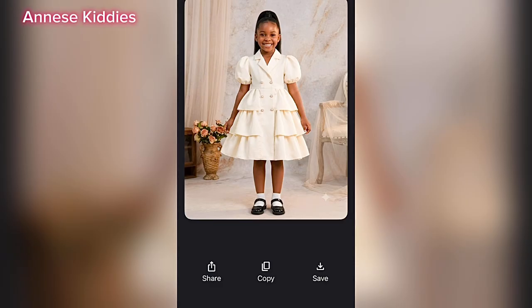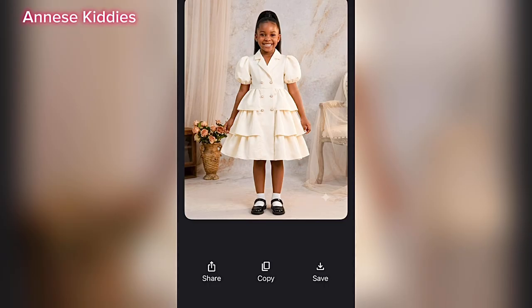So if you're okay with what Gemini gives you, or you want to change the background, you can actually prompt it, change the background, so it just puts your background. Or if you want another model or age, you can be specific. You'll notice that I didn't tell Gemini to put stockings on the child, but Gemini did that. So in case you don't want them, you can tell Gemini to remove the stockings,